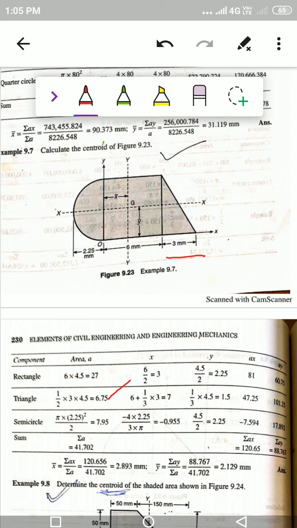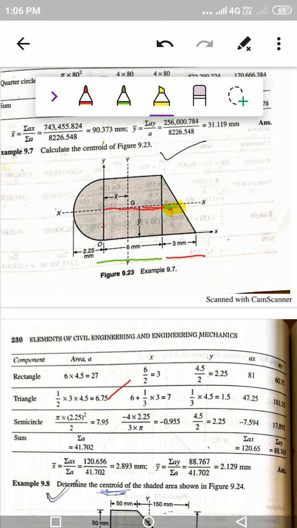Now the x bar distance, from this reference axis, x bar becomes this, that is x bar of the triangle with respect to the reference axis. Clear? From here to here, that is what the green line indicates. This is x bar of the triangle. And we want it with respect to the reference axis y, therefore you have to add this 6. So this green line, or you can observe this yellow line, is nothing but your x bar value.